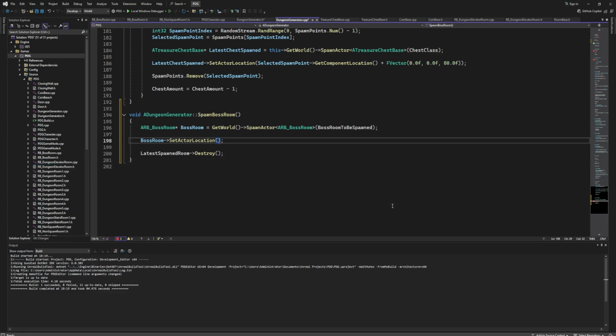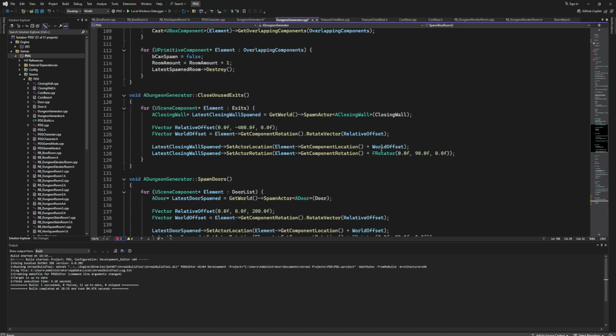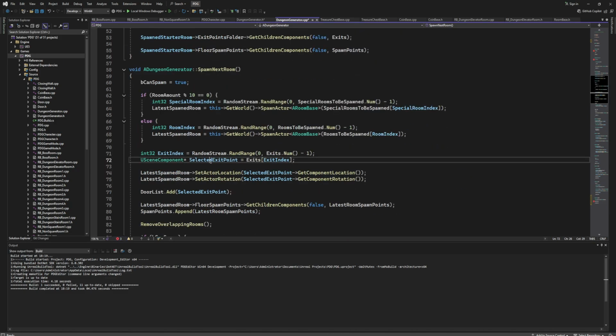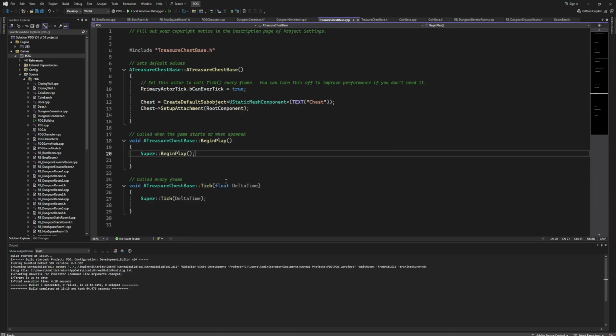Okay, so we don't have that selected exit point where it is. Inside the SpawnNextRoom function, we are declaring this selected exit point that is going to be the last exit point. So it is now basically a local variable, but we are going to make it a public variable